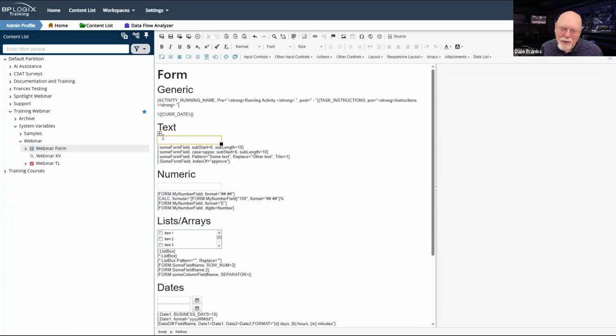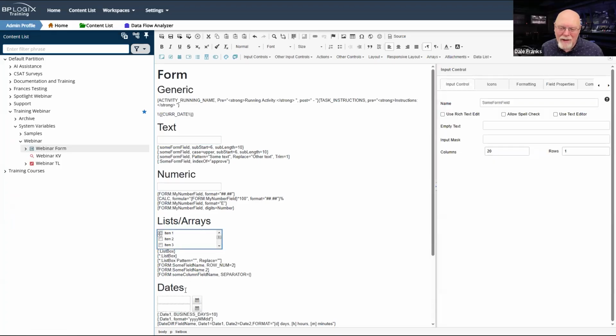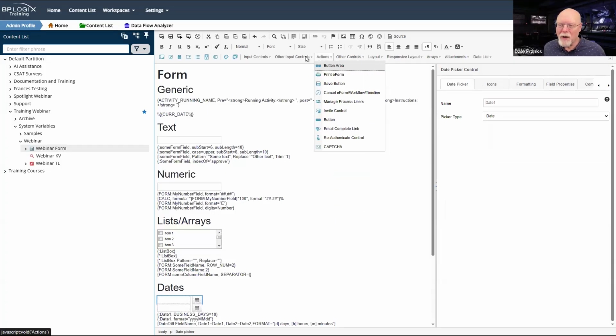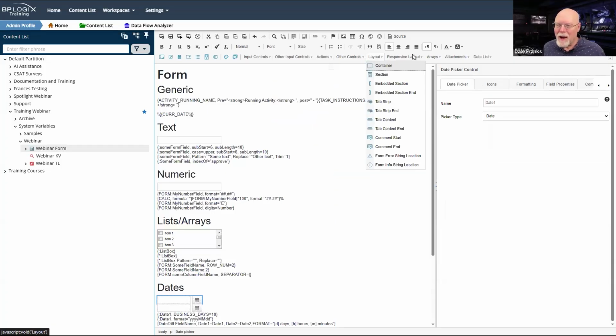Well, these are kind of real controls, but things like the list box, the date picker, the user picker, they're all just pictures. They're kind of quasi controls, but these are placeholders. This is not what Process Director is going to be saving. Every control that you place on a form, all of these controls are system variables. Every control tag is a system variable.